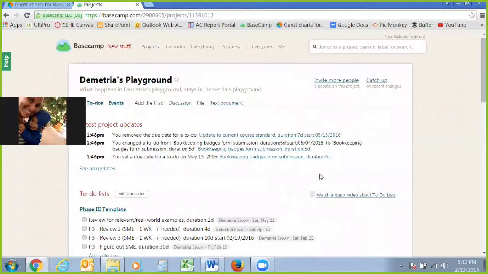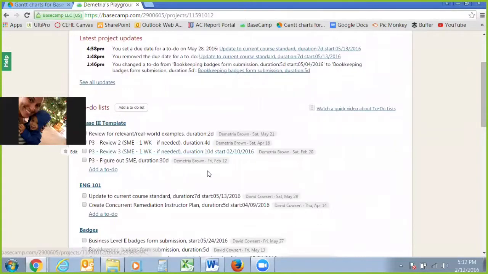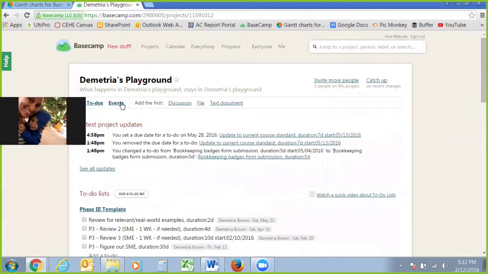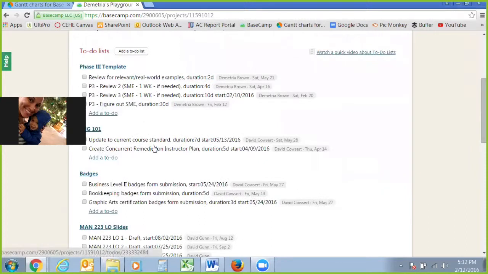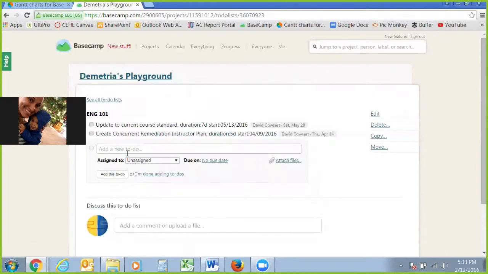And you have to format your to-do in a particular format. So I'm just going to add a to-do so that I can show you exactly what I mean. So I'll go to the top here and create a to-do. Actually, let me pick the project. So I'll go into English 101, add a to-do, and then we'll